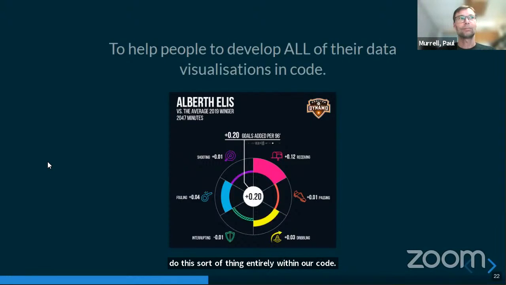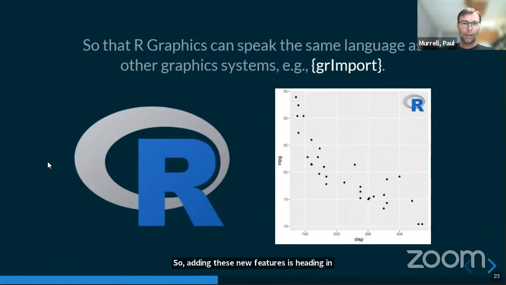So adding these new features is heading us in that direction. Another reason for adding these new features to the graphics engine, and this is a particular interest of mine, is that